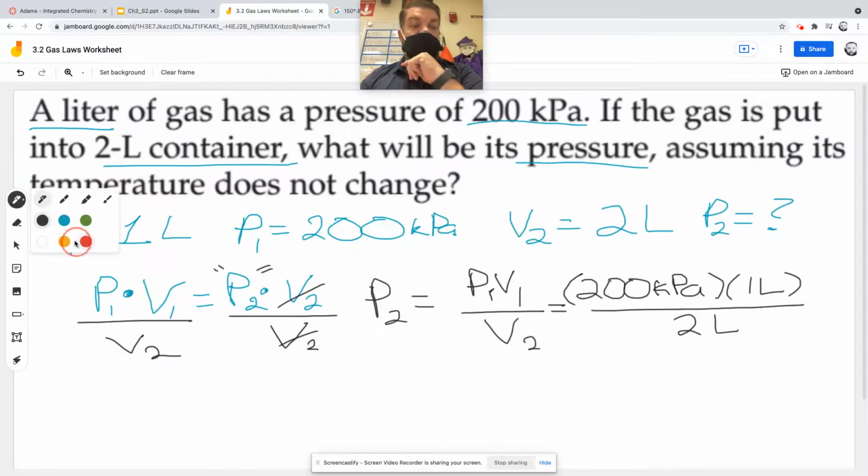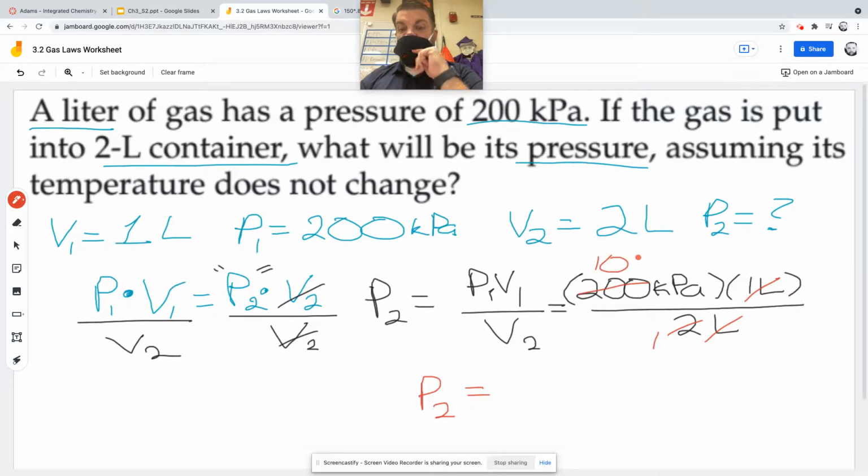I should probably point out that my units for liters will cancel. And then my final pressure, what's 200 divided by 2? 100, right? If I divide 200 by 2, I get 100, and I divide 2 by 2, I get 1. So I end up with 100